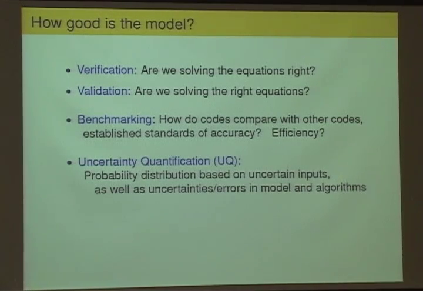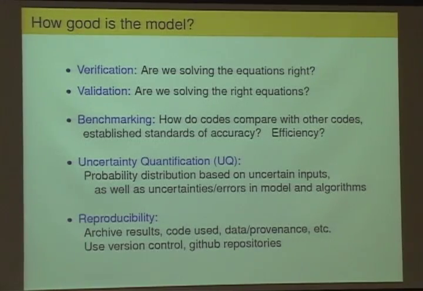There's also uncertainty quantification, which is increasingly being mentioned along with V and V, which relates to the fact that whenever we do these large-scale simulations, we know we're not going to get the right answer, but we would like to somehow quantify the results with maybe old-fashioned error bars, but also more and more with some sort of probabilistic description of the output based on the fact that we know we don't know the input properly. We don't know exactly what the next big earthquake is going to look like, but maybe we have some probability distribution of possible future events, and we'd like to plug that through the model and come out with some distribution of possible inundation patterns that could result.